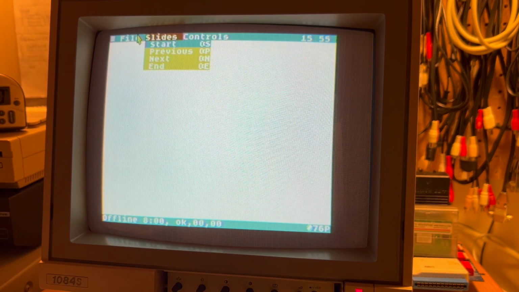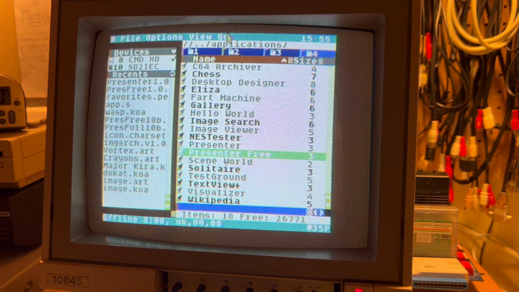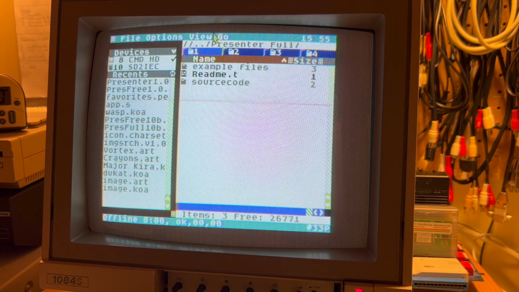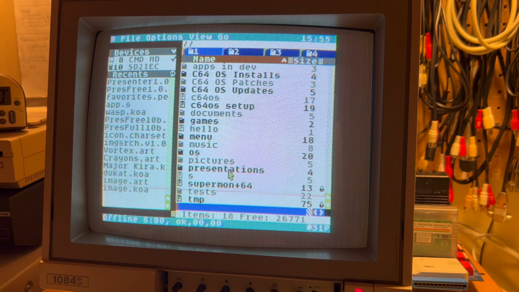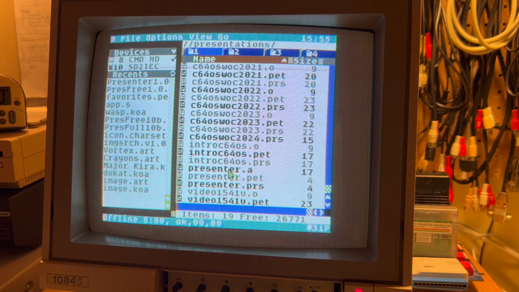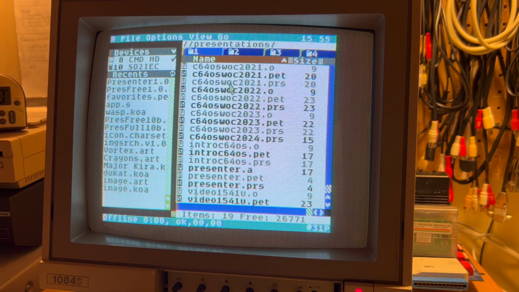So I am going to go home like this, and I'm going to go to tab 1, and I'm going to come over here to the root directory. I'm going to go into my presentations folder or directory, and here I have a bunch of presentation files. Some of them are older, some of them are from World of Commodore before the presenter application was available, but